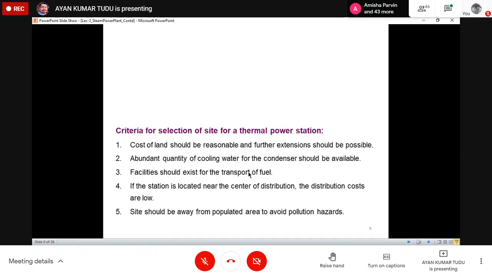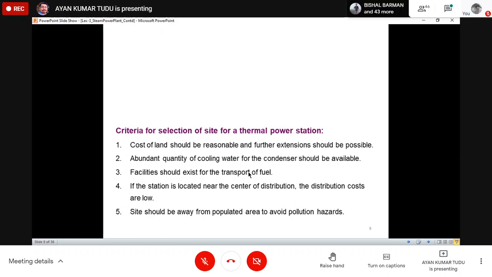So though the cost of distribution may decrease if the station is near the center of distribution, the site should always be away from populated areas, otherwise there will be pollution hazards. Because from the chimney, the smoke that is coming out contains SOx, that is sulfur oxides, and nitrous oxides, NOx, and because of this quantity of SOx and NOx, many pollution hazards